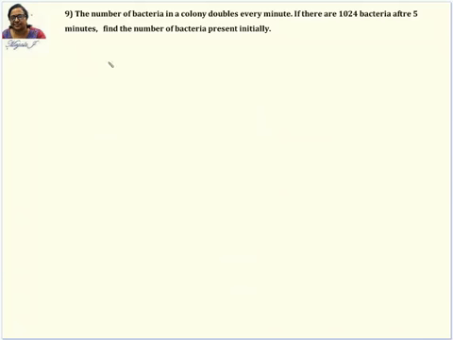First thing is write down what is given. When you consider after 5 minutes, the total bacteria we have is 1024. I think it is almost like a coronavirus spreading, right? So after 5 minutes it is going to be 1024. Initially how many were there? That is what you have to find out. What is given here is every minute it is going to double. I am going to do it in two different ways. One is direct, without applying any formula.